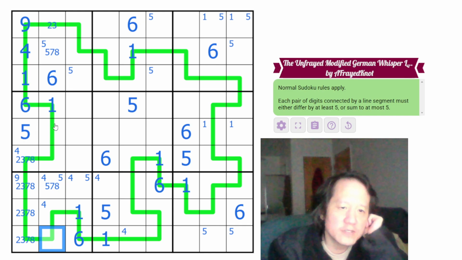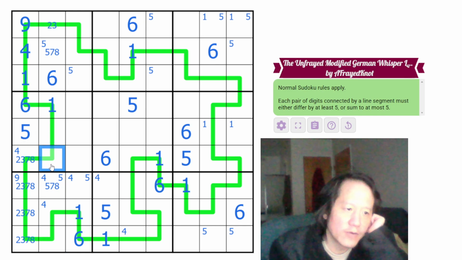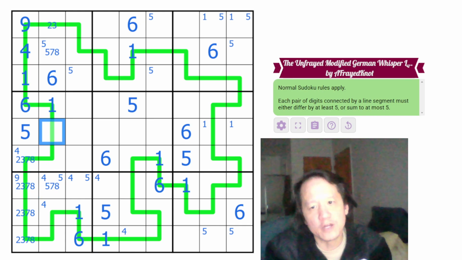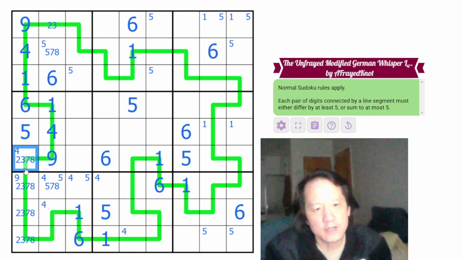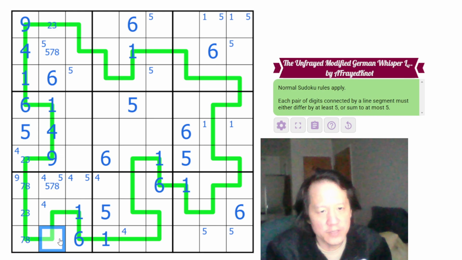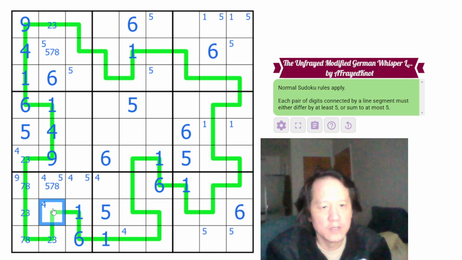So if this is 4 and 9, that would mean this is a low, which would mean this would have to be high. Okay, so say this was 4, 9 then. If this is 4, this is 9. This would be low, which means that would be 7 or 8 to be with it. That would have to be low. This would be 2 or 3. So this is 7 or 8. This would be 2 or 3, which would mean